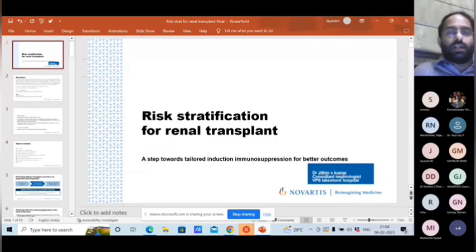Sorry. The topic I'm going to discuss is about risk stratification for renal transplant. Now, as Satish sir has already said, risk stratification is very important in the assessment of a transplant recipient, especially the immunological risk assessment. This helps to tailor your